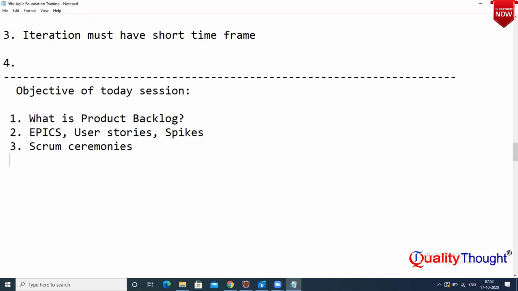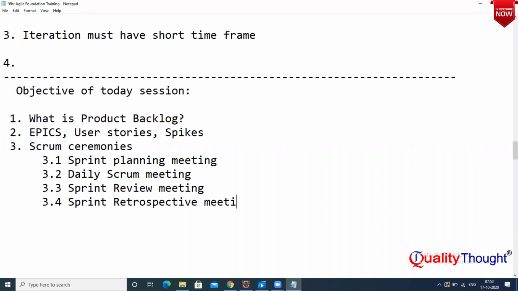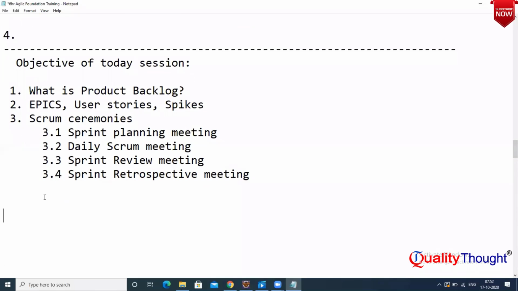So what are the Scrum ceremonies? Sprint planning meeting, daily Scrum meeting, sprint review meeting, sprint retrospective meeting. Okay, and the fourth one,